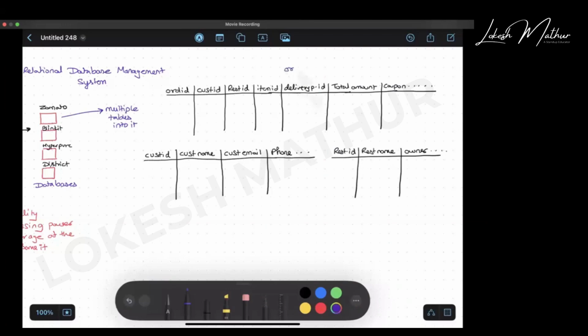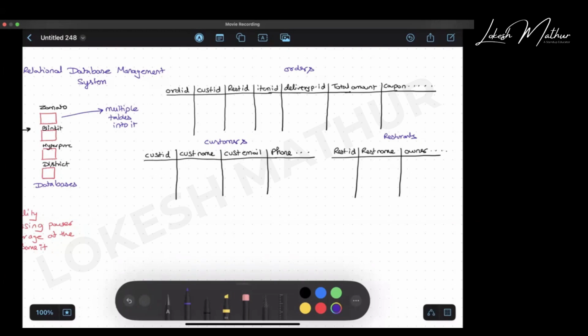Let's say this is your orders table. This is your customers table. And this is your restaurants table. And all these tables can be assumed of as an Excel file or a sheet. But can you see that there is a kind of relationship that can exist between all these tables, right? Yes or no, everyone?